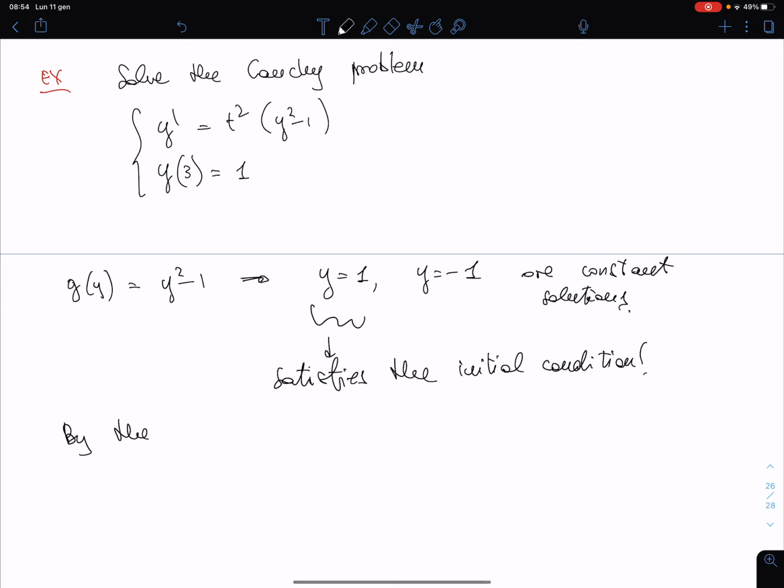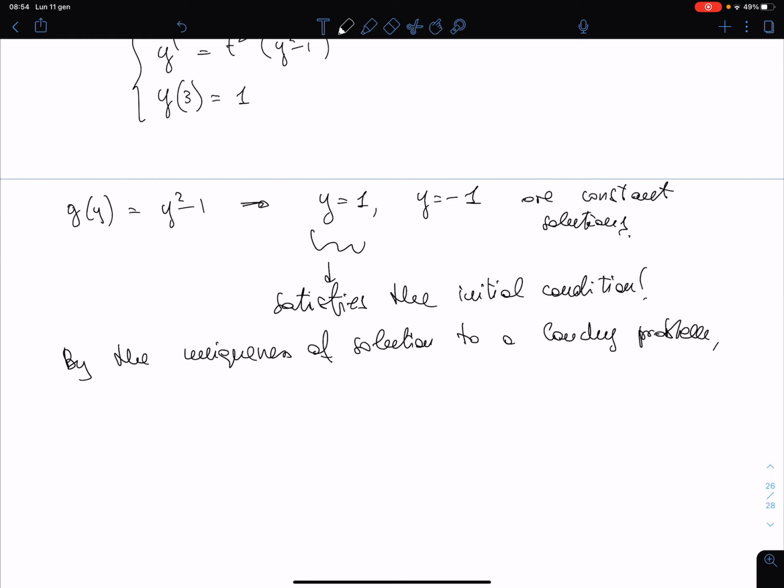By this result of uniqueness of the solution to a Cauchy problem, you find that y equal to 1 must be the solution we looked for. So in this very lucky case, you don't have to find the general integral. So in the next video, we will talk about another